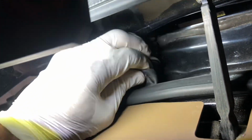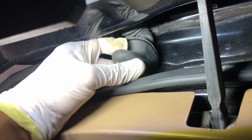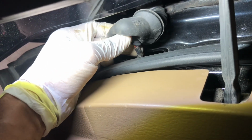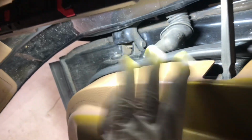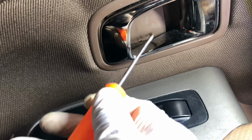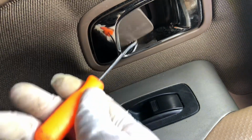So you can just pull it. This is the rubber seal, just pull it from here, and we need to open the connector. This is the harness, so that's why you need to open this. To open this, there's a cover. This one, just push something like this and pull it,